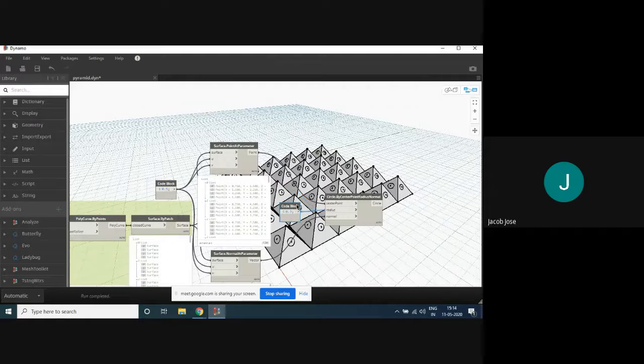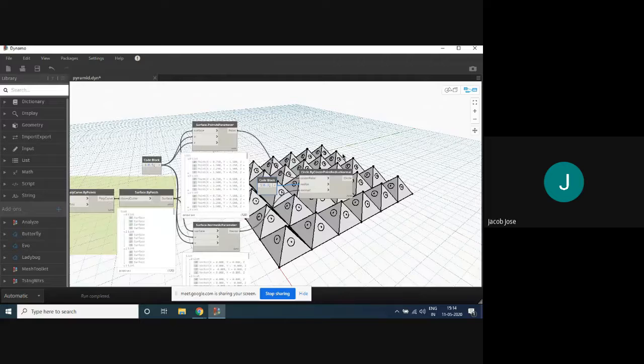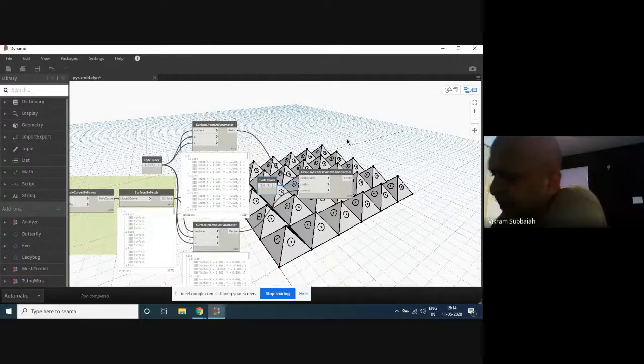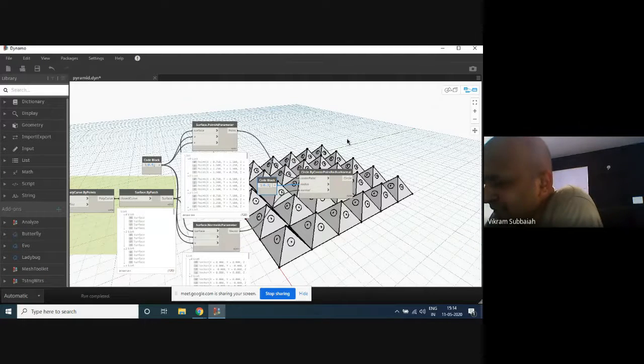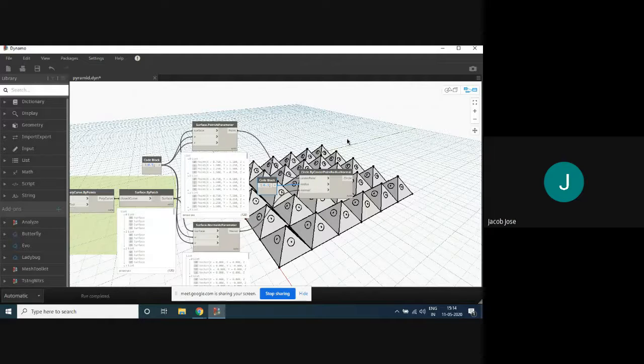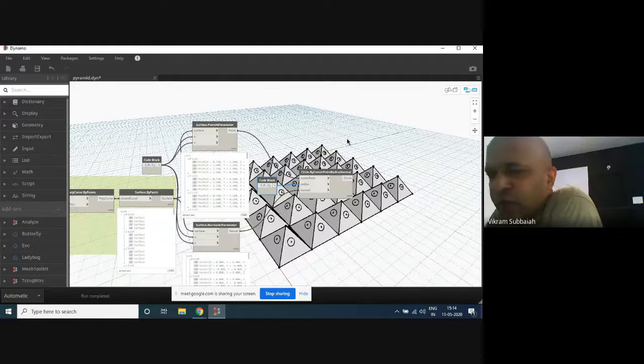How to chop the tip of the pyramid? Why would you want to do that, Jacob? Okay, how would you do it? Give me 2 ways of doing that.